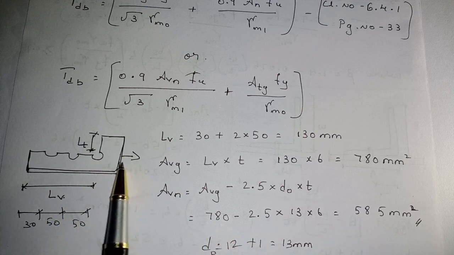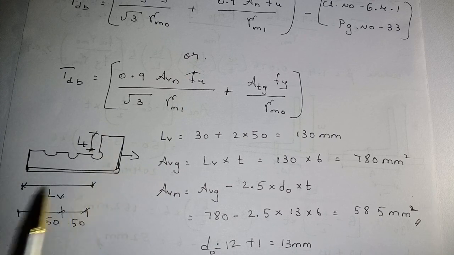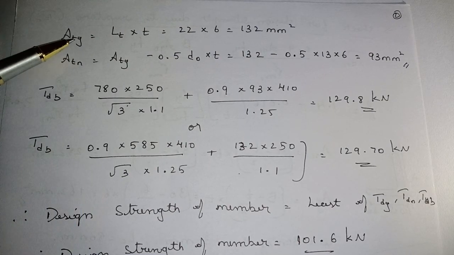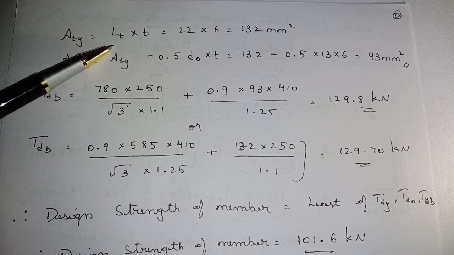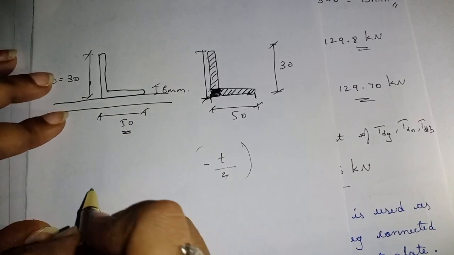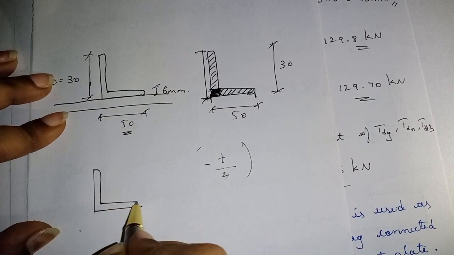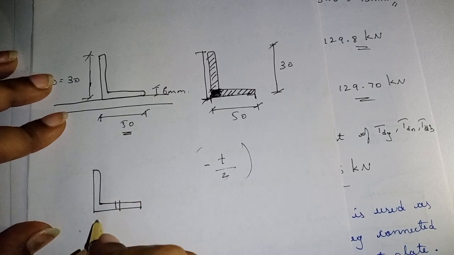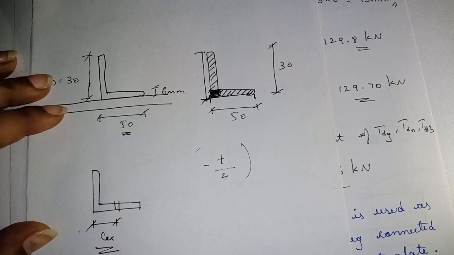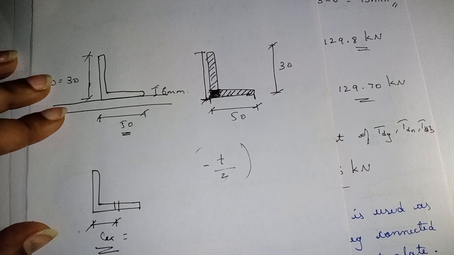So this is along the load applied. Now we'll find out along the perpendicular to the load applied. Okay, now we'll find out ATG and ATN. Gross area, net area. Gross area means LT into T. LT is how much? So from the one bolt to the another bolt, I told you no. So in this, if you see it here, you have the angle section. So now you have the bolt here, right? So this bolt, this you will get as CXX in your steel table. You search that so that you will get it as some 28.